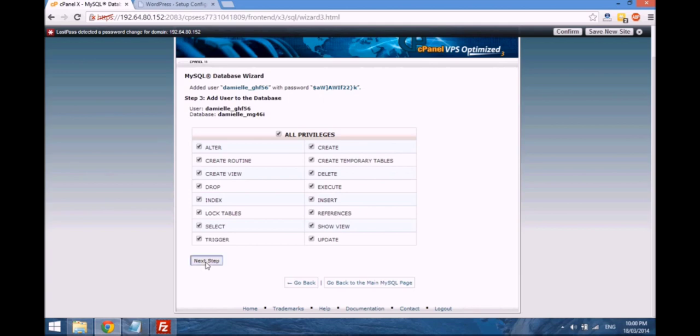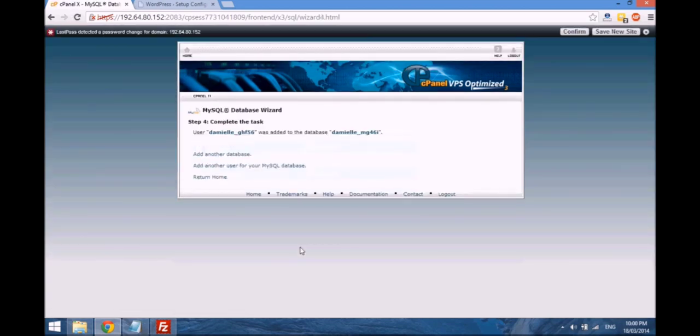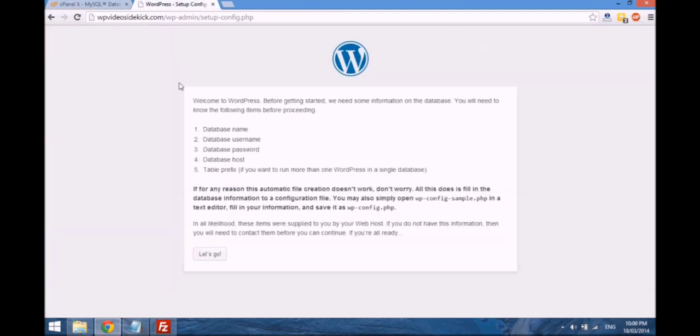So we just select next step, and we just have a summary of the username, just in case you didn't get to copy it in the last page. You absolutely need to copy this information without the quotation marks. Okay, so if we go back over to our site, then this button at the bottom, we can just select let's go,